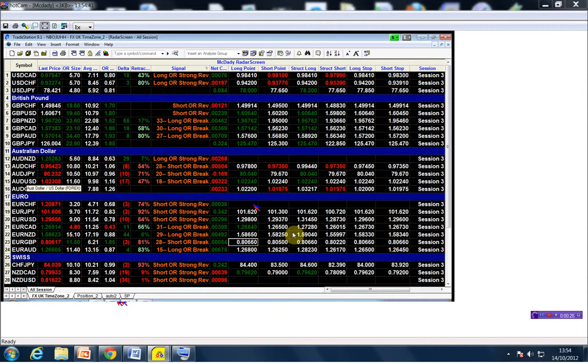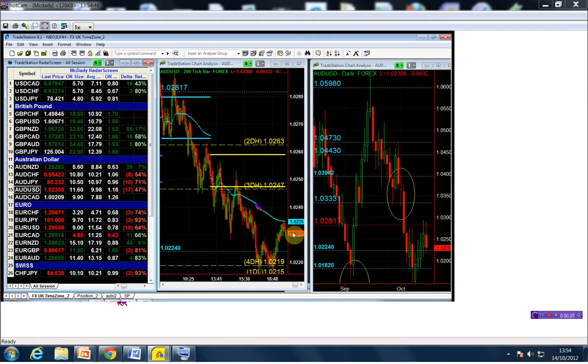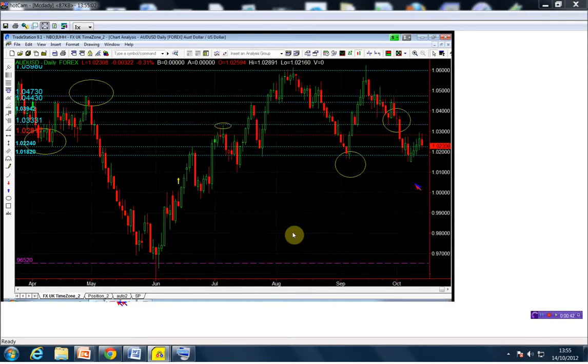And as you can see, this is how interesting the Aussie dollar is and how weak the Aussie dollar is. We have traded all the way down to the 101.82, and as usual, true to form with the Australian, it is pretty much holding steady at these structural points. It turned around